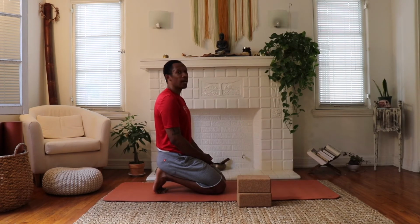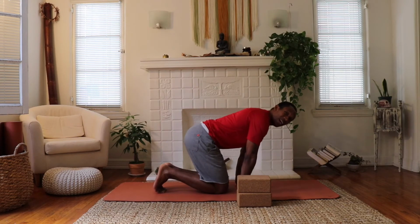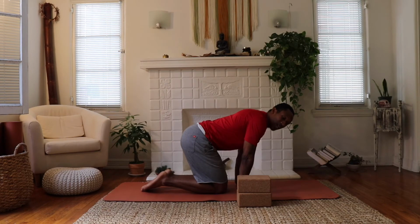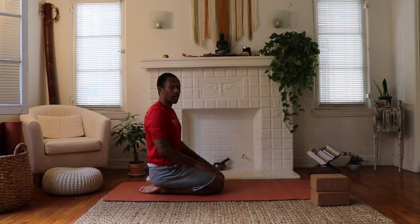When you get to your last exhale, slowly plant your hands down on the mat and gently bring the tops of your feet down. Take your time bringing the tops of the feet down. So we're getting into the tops of the ankles. Again, you can stay right here